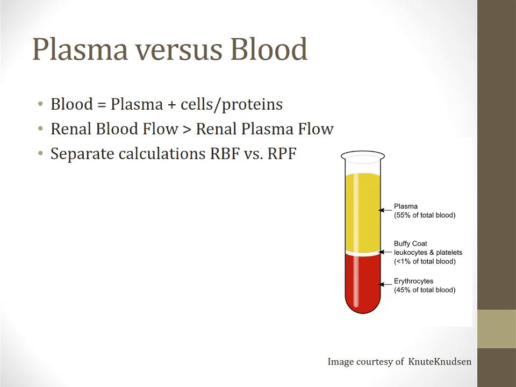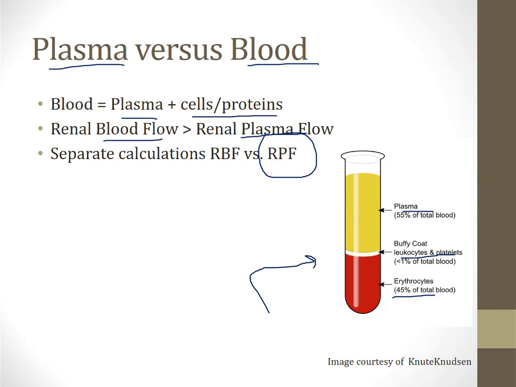Let me talk briefly about the difference between plasma and blood. So blood is plasma plus cells and protein. If you centrifuge blood, you will get something like what's shown on the screen here. About 55% of blood is plasma. There's a tiny bit that is made up of leukocytes and platelets, and then about 45% is erythrocytes. For this reason, the renal blood flow is greater than the renal plasma flow, and there are separate calculations to convert a renal plasma flow, like we determined with PAH, into a renal blood flow that includes the flow of